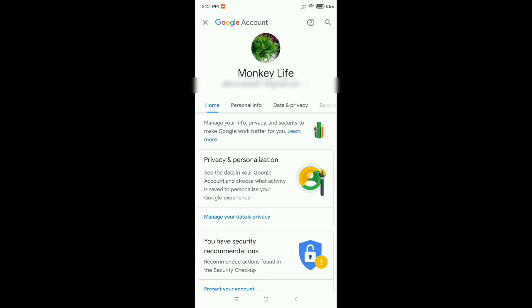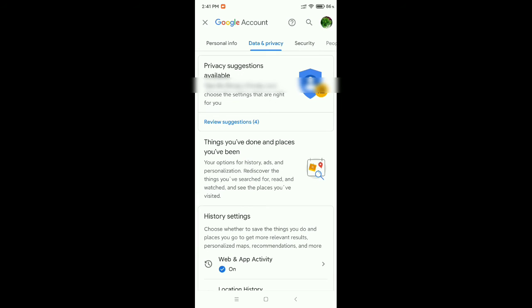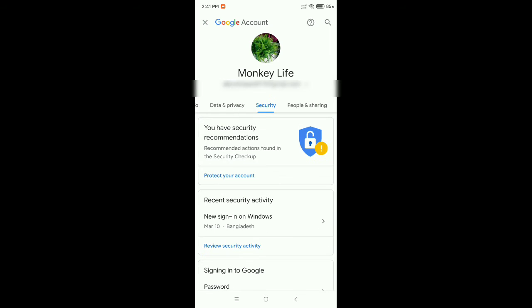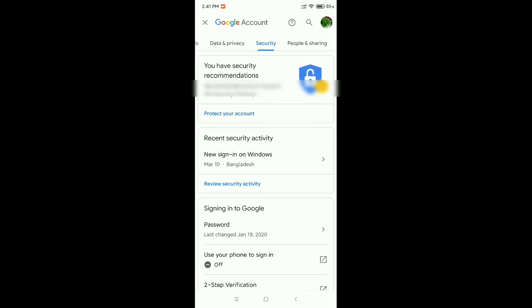Now what should you do? You just go on right side, there is an option security. Select security. After select security, then what should you do? You just need to scroll down